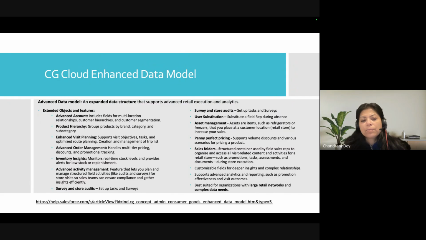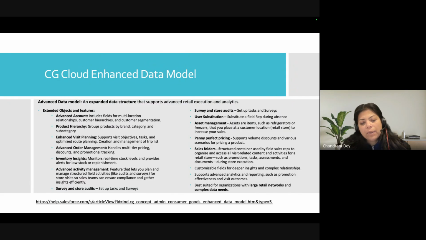Advanced order management handles multi-tier pricing, discounts, promotional tracking, and inventory insights, though you have inventory management in the base model as well. In the enhanced model, it has features like real-time stock levels, providing alerts for low stock or replenishments, and you have advanced activity management.